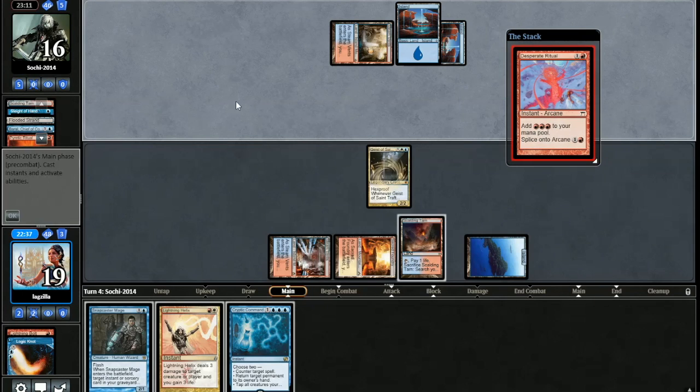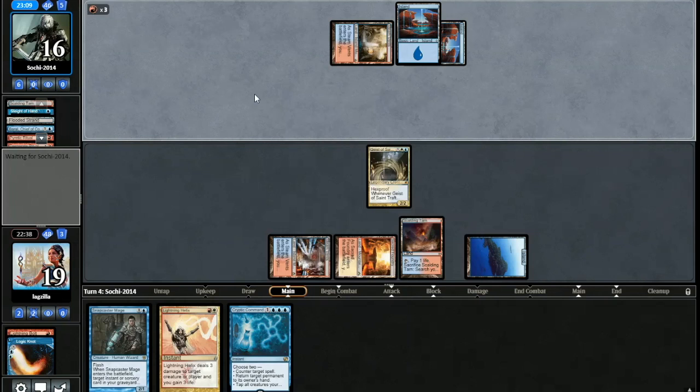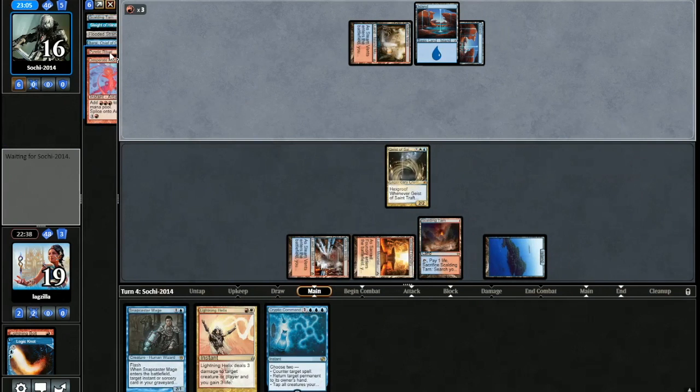Alright, so they got their Desperate Ritual. The question is, are they going off? Because they don't have a Lord in play. They don't have a Storm creature. So they could just go like Gifts here. And if that's all they do, then we bought ourselves...